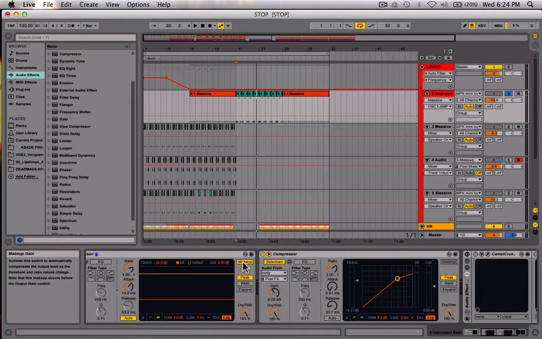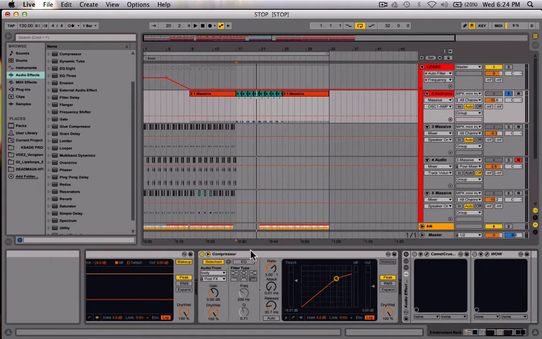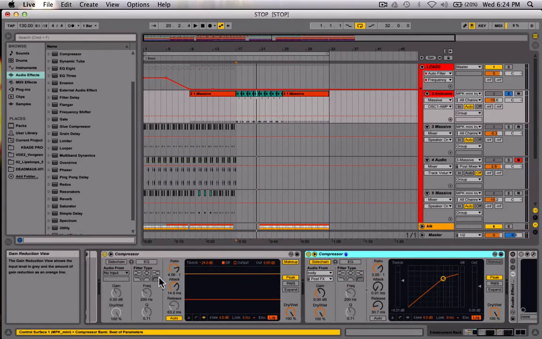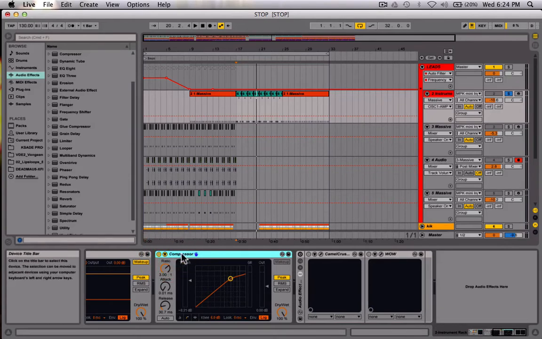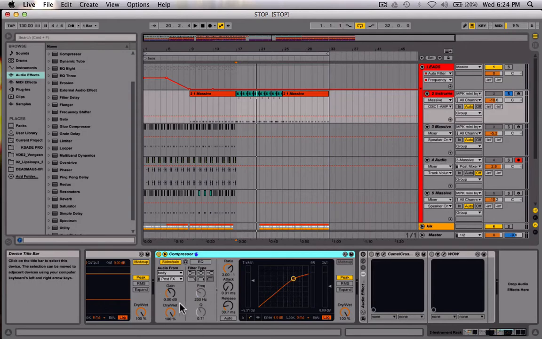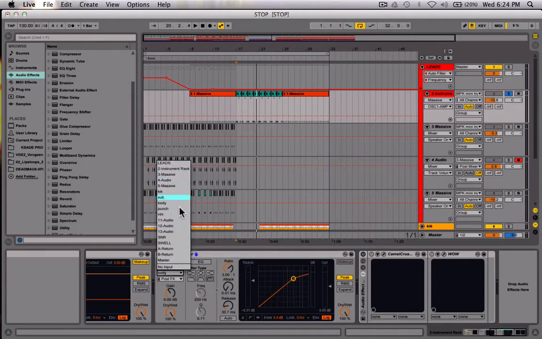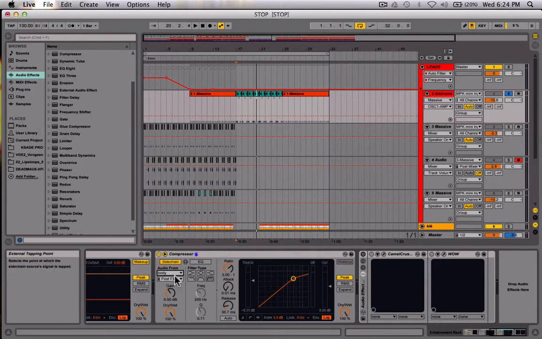And makeup gain, you want to have that on, so that for all the gain reduction you're losing, you make it up. And now for sidechain compression, if you didn't know this, when you use the Ableton compressor, you click on this little arrow, it brings out this stuff. You turn on your sidechain, you select what you want to sidechain with, and I just use the body kick,